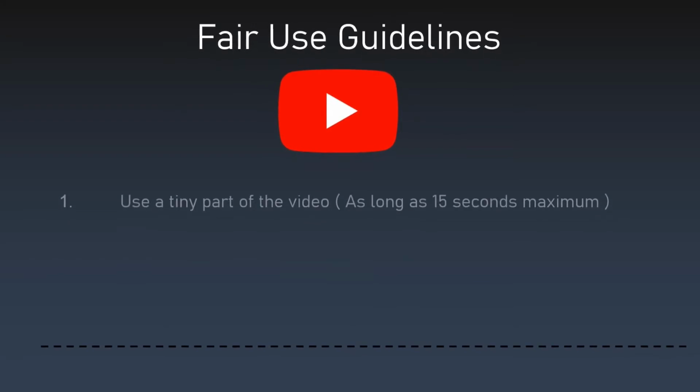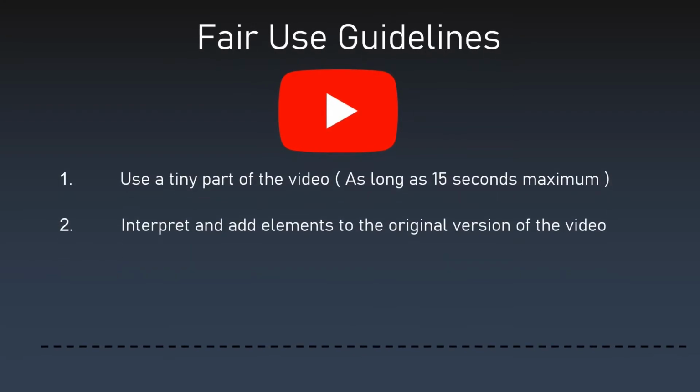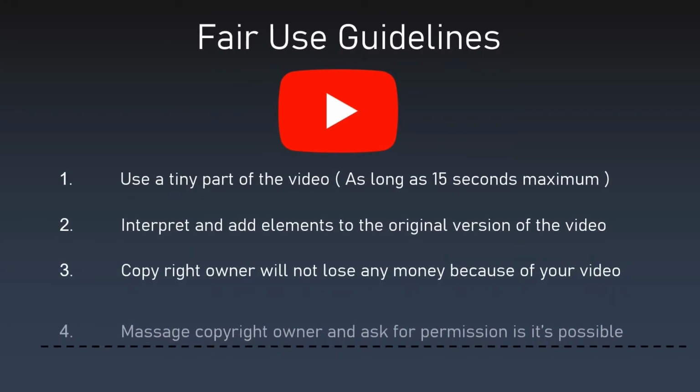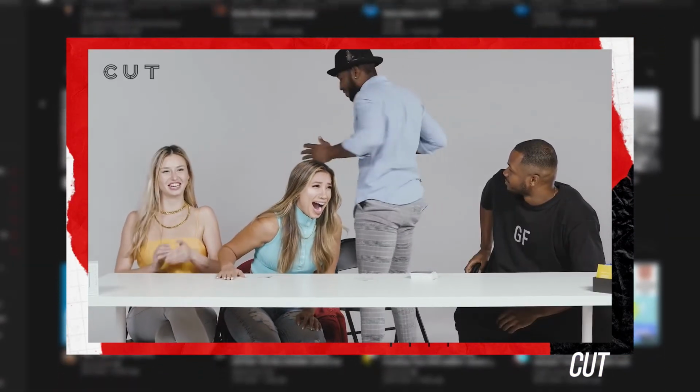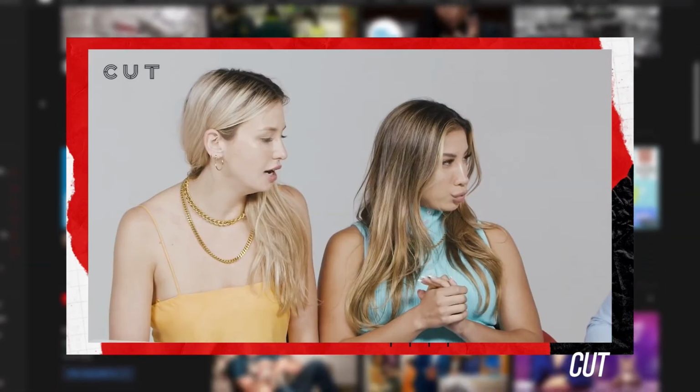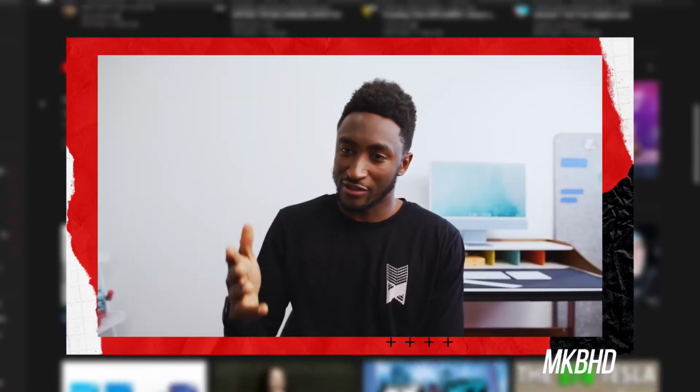There are basically 4 important rules for YouTube fair use guidelines when using other creators' contents, and you want to make sure you're following every one of them. First one is to keep their footage in your video as short as possible, and 15 seconds or shorter would sound fine. Secondly, you want to add your unique elements to the video and not simply copy